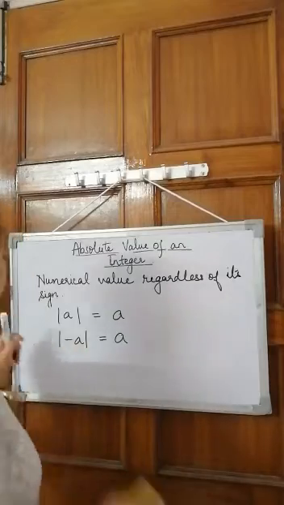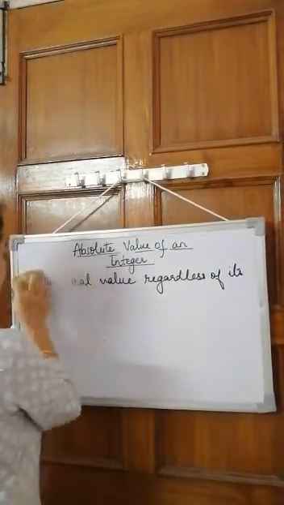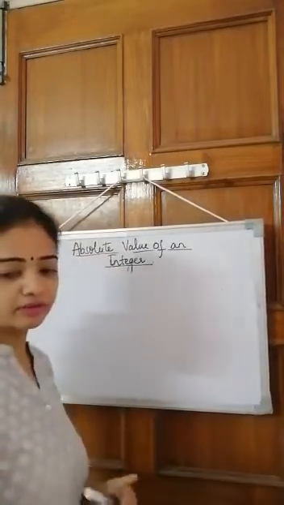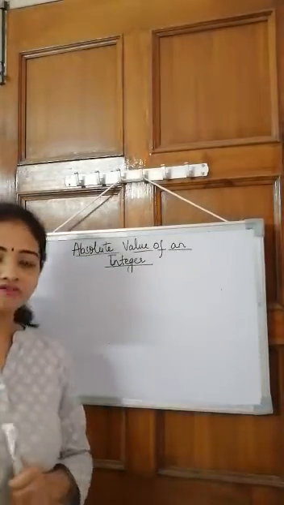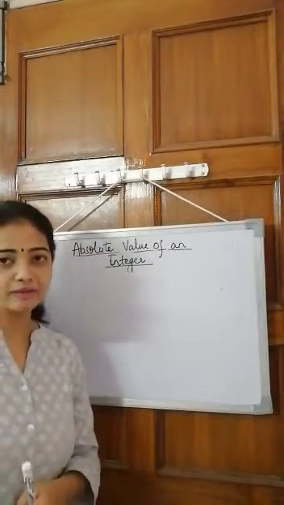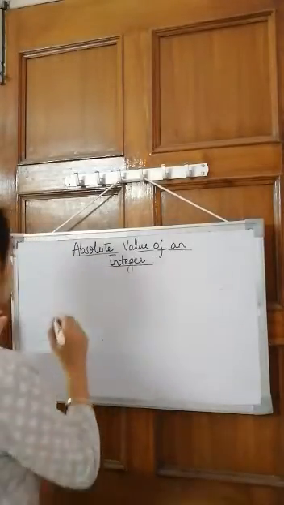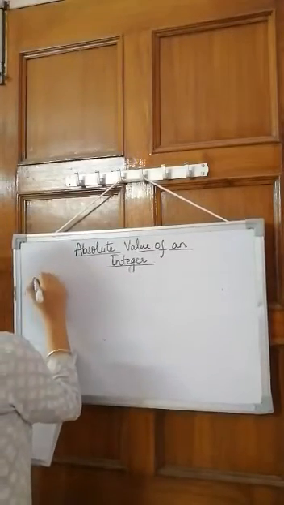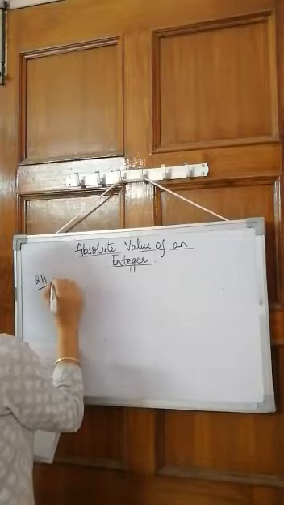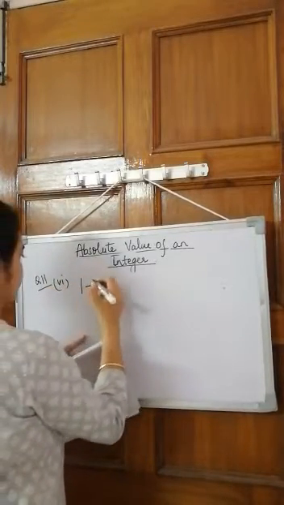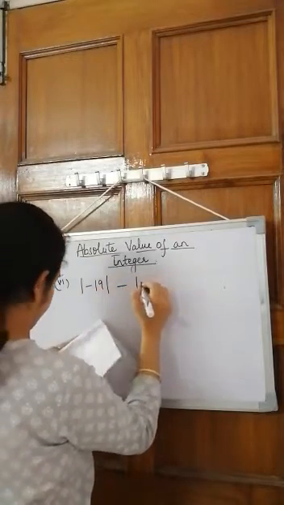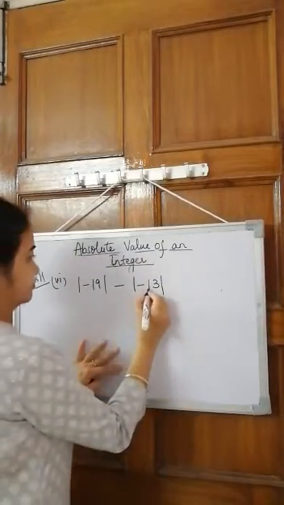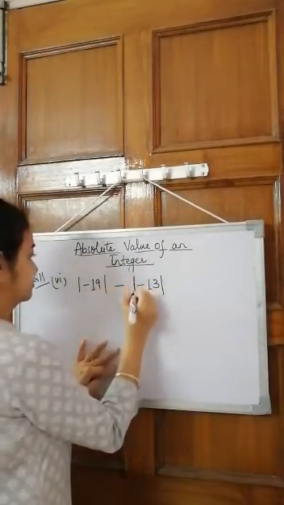Now there are two cases or two types of questions that you will get when you talk about absolute value. The first case is when there is only one number inside the absolute value sign. Then what you have to do, and if there is more than one number inside the absolute value sign, then what you have to do. So let's take both examples. I am taking one question from your exercise, question number 11, and right now I am taking the last part, the sixth part. So what is this question?